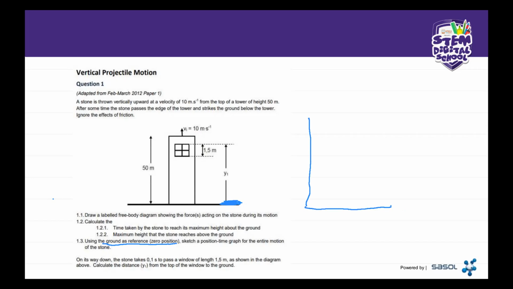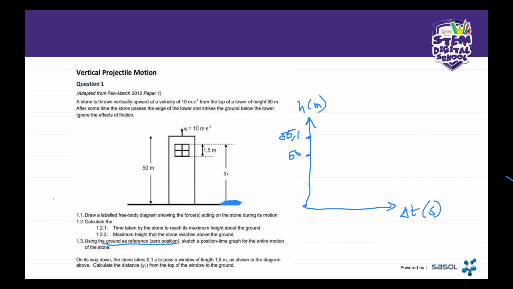Okay, so this is our x-axis. Make sure your graph is neat and you have a ruler, unlike me right now. So this is our ground as reference, right? And then we're going to have our height and we're going to have our maximum height. So this is going to be our 50 and that one there is going to be 55.1. Okay, so this is a height in meters and this is a change in time in seconds.